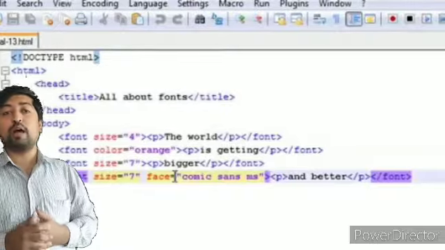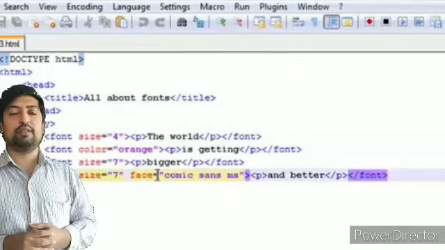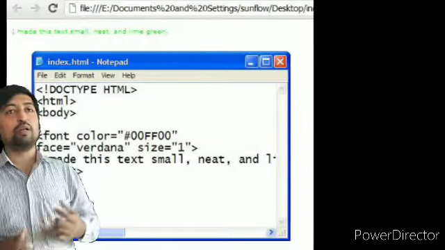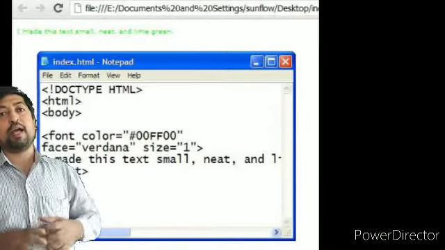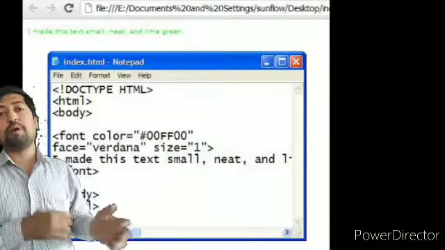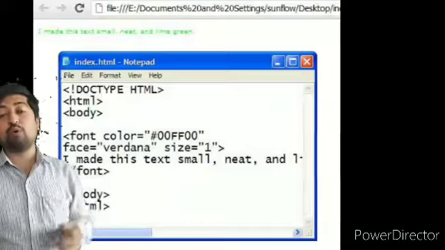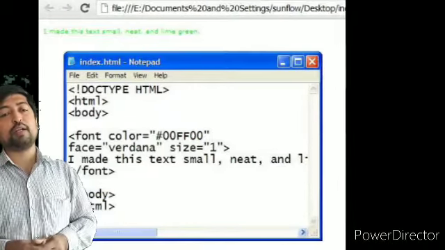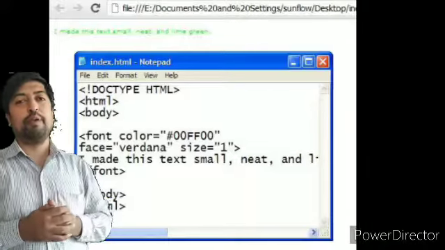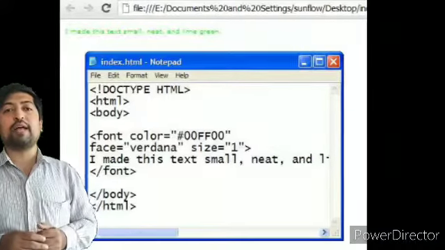for that I have to put the font color tag. If I want to give the blue color to the name of the person, then I have to put font color equal to double inverted comma blue double inverted comma, close and complete the tag.